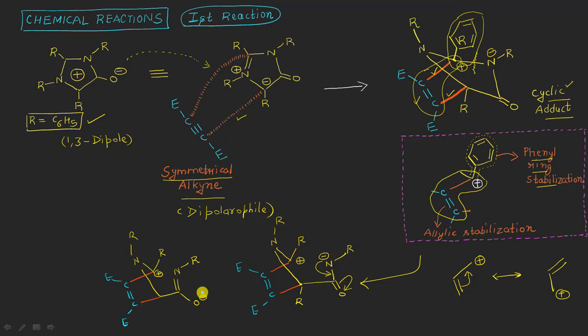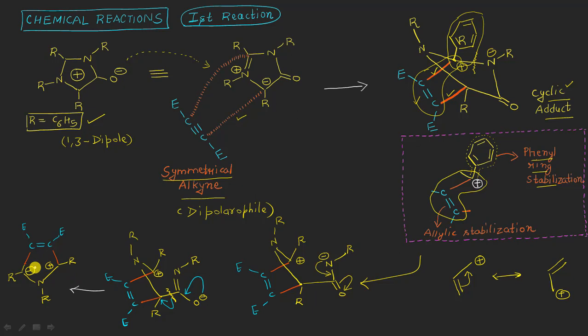And after that, what is going to happen is this O negative will again come here, sending these electrons onto this carbon atom, to which, let me write here, one R group is also present. And finally, what is going to happen is we will be having a carbon, double bond carbon, this E here, the second one, and after that, these two bonds like this, and this is attached to one R here having a positive charge, the nitrogen having the second R group here, then this carbon, to which another R group is present here, and this will now be having a negative charge. I mean, this carbon atom will now be having a negative charge after the cleavage of this bond from here, right?